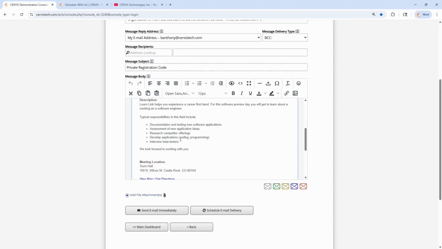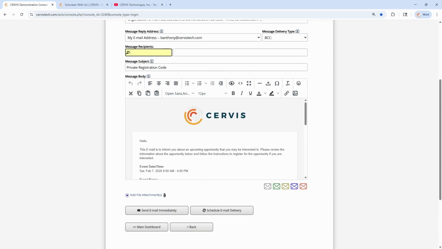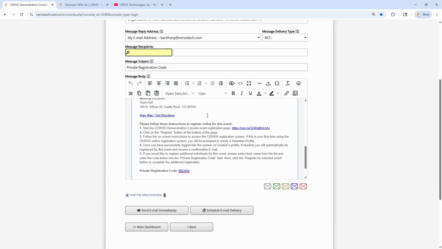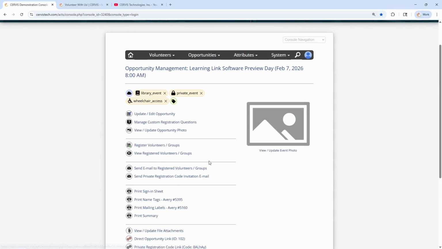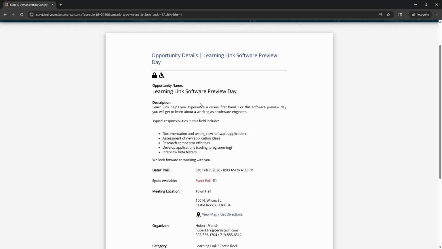So if you know you will just want to recruit a certain person, or maybe send this to a certain contact, you can go and look that person up and email them this email. You can make changes to it if you want to, but it's got all the data in there that it needs to, including that private invite link. And what that link does is it sends someone directly to that particular event, even if it's not posted online